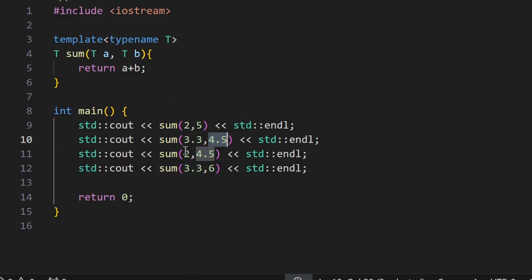So if the function has to consider different types for these two parameters, then you have to use two type parameters,